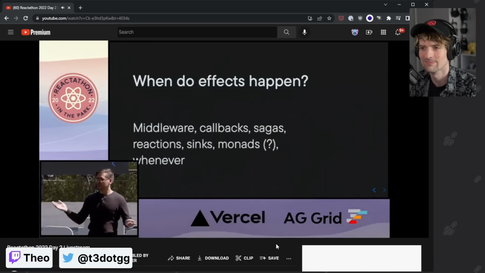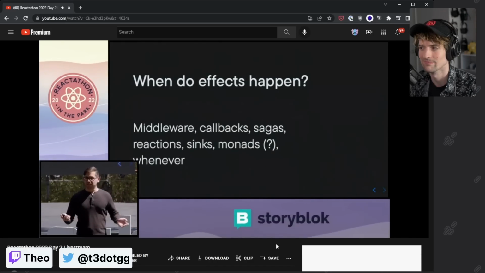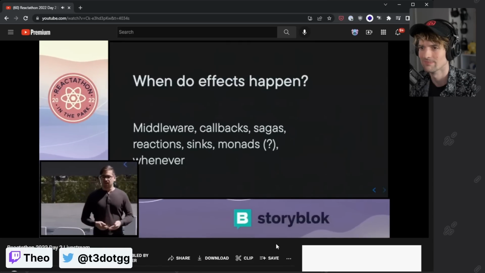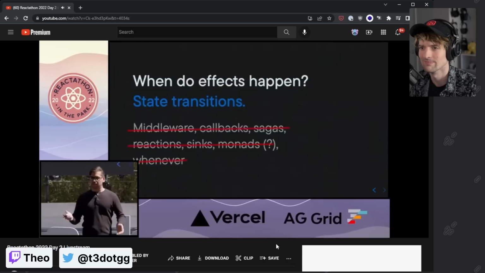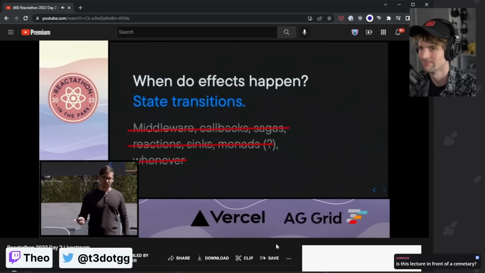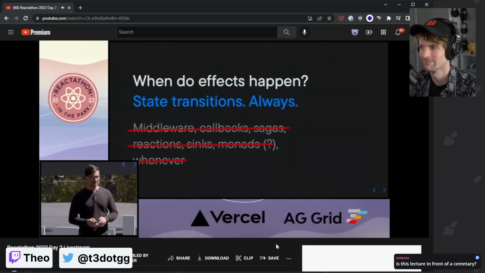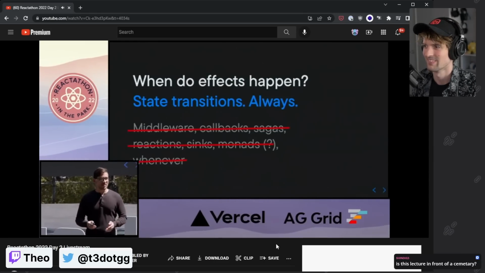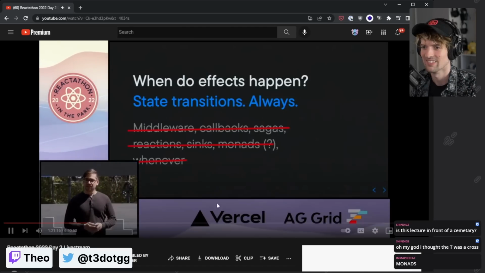Well, we have many different answers from many different state management libraries, like middleware, callbacks, monads, I think. But the real answer is straight state transitions. And it always happens in state transitions. And so the reason for this is that the only way that you could trigger an effect is to